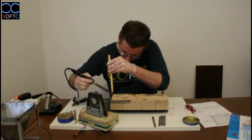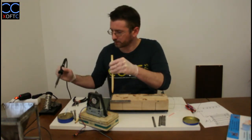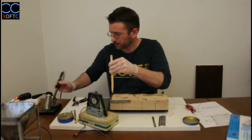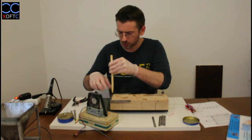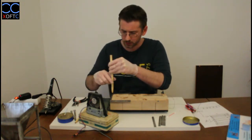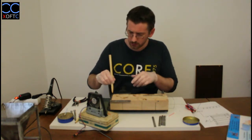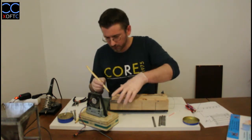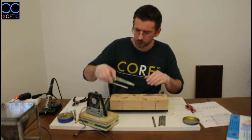That's why it's important to sand it really good, so that you won't end up in a situation where the solder doesn't want to stick. There we go. Just clean it up a bit. Once you're done with the joining together, hold it for a few seconds, let it cool down. Even a few seconds later, it's still soft. So give it a few moments to cool down, and then we're going to flip it over,